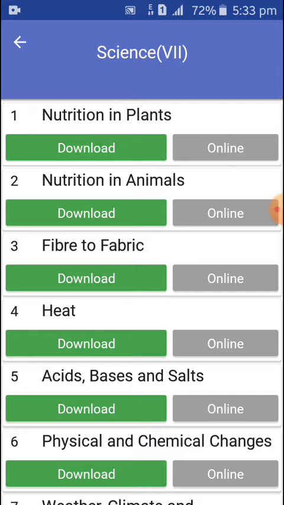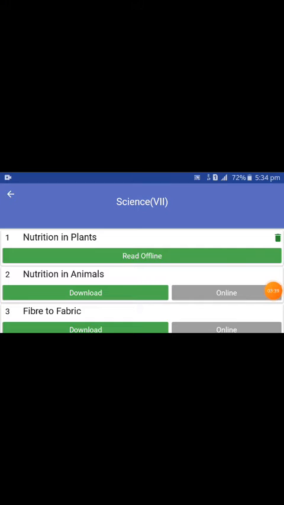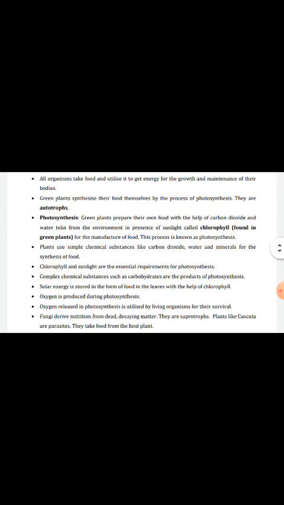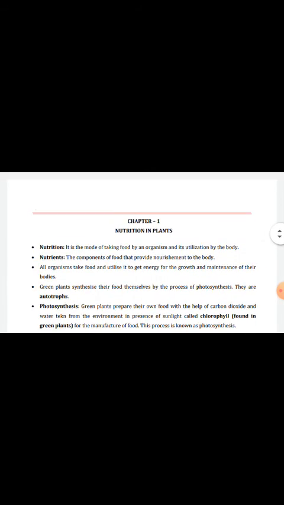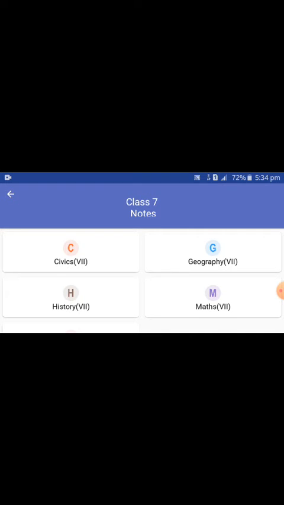Now nutrition in plants. Download these. Now see friends, it is downloaded. We will open this. Now the lesson is opened. Can you see the NCERT notes? Here are the NCERT notes of class 7th lesson nutrition in plants. Now we will come back and go to the